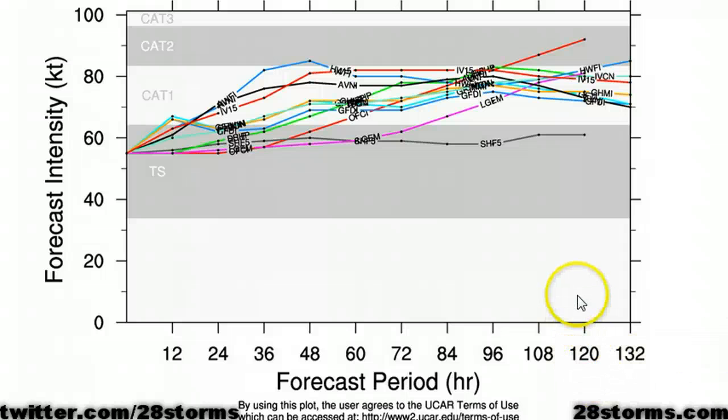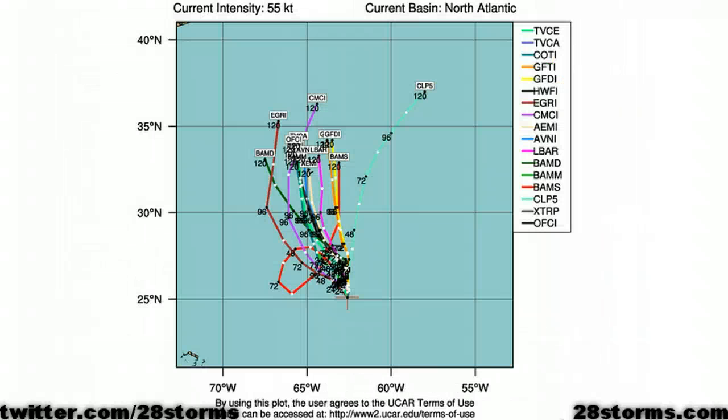As you can see here, by day 5 or around next Sunday, many of the models are showing a mid to upper end Category 1. There is still some track disagreement between the models, but within the first 72 to 96 hours, there is a fairly good amount of agreement, and it looks as though the center will likely pass over or just to the